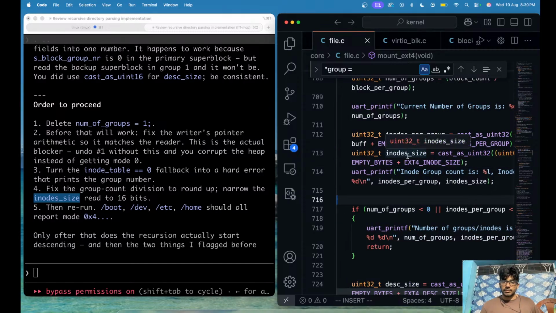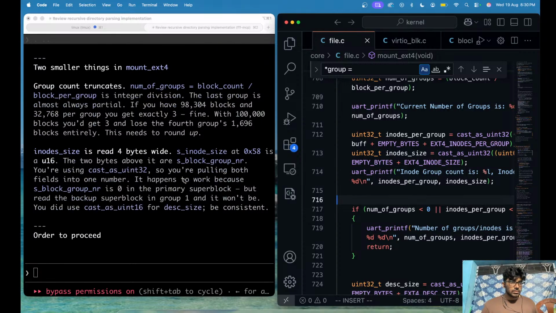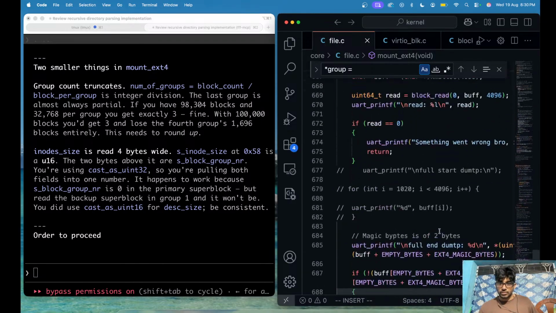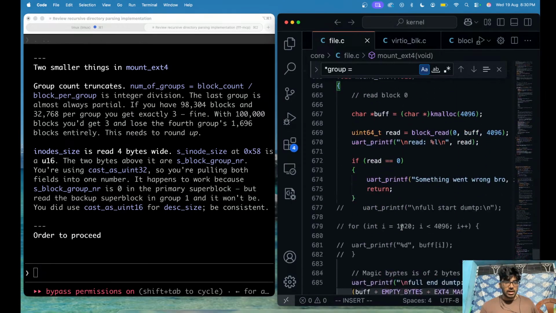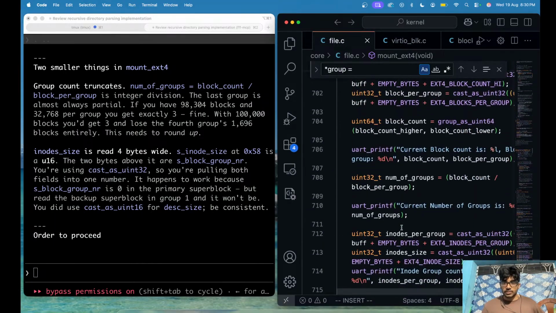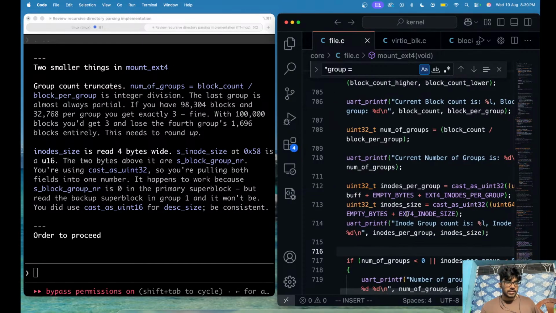But the suggestion was to fix the group count division. What's that? Okay, so there are two issues inside mount x4. Where's mount x4? Okay, this is mount x4, and we have the number of groups. Where is that? Okay, number of groups and inode size is the integer division. The last group is almost always partial, so we have